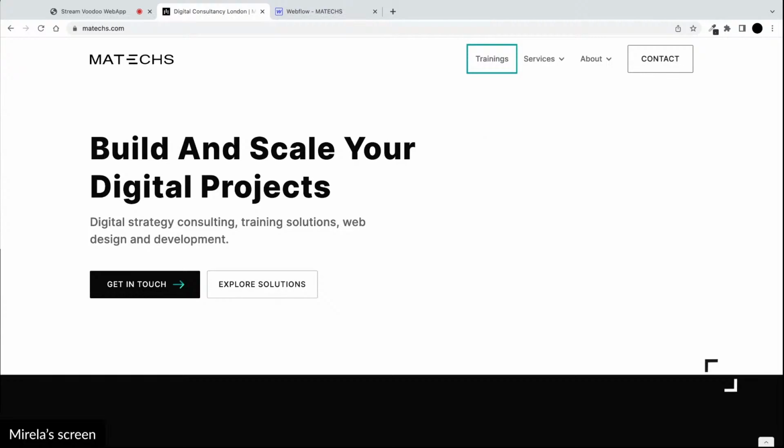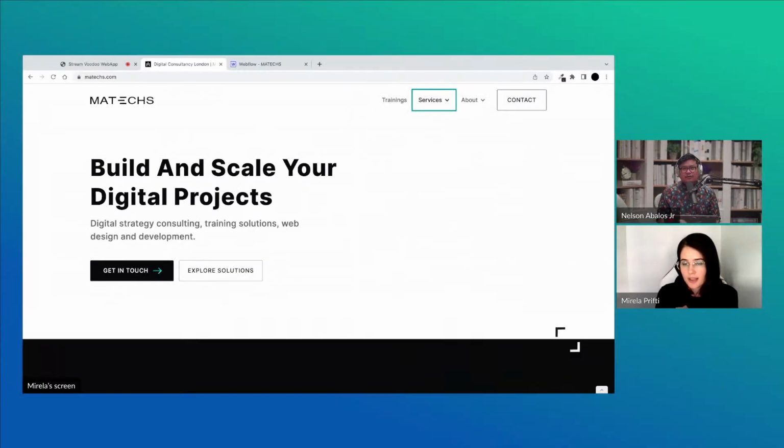So how do we interact with links or any interactive elements on our page? This is how we navigate by using the tab and shift tab to go back. But how do we interact? So for example, this is a drop down. It's an interactive element, and if I want to open it, I can just press space or enter, and you will see that the drop down will open.